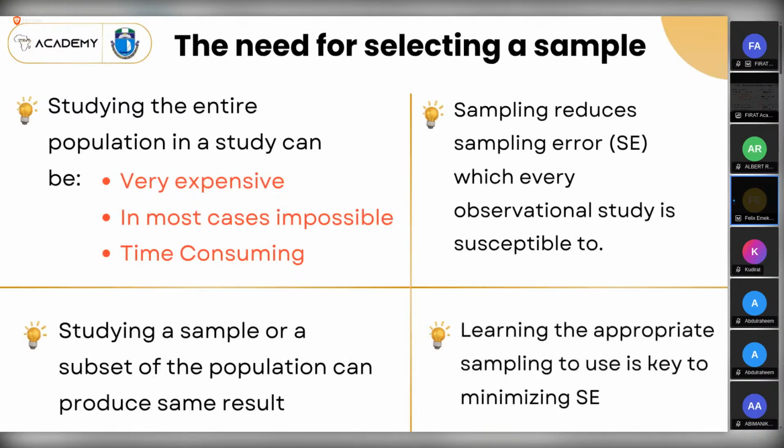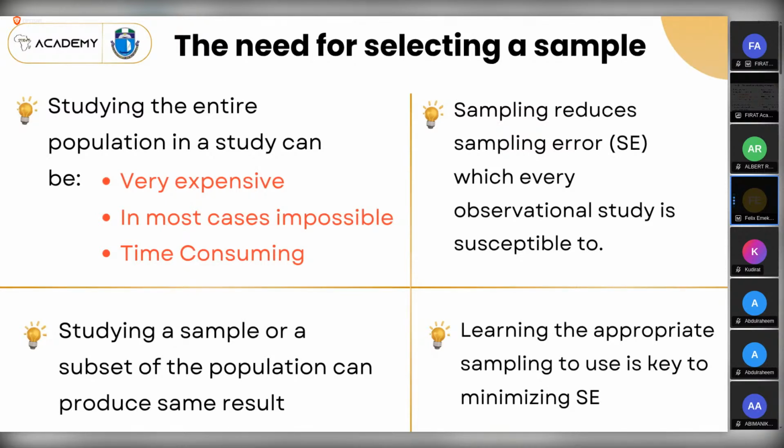So, the need for selecting a sample. One thing I would say is it's a huge guesstimate for you to have a population of, let's say, 5,000. Like in my institution, the University of Port Harcourt, we have over 4,000 students. And you want to do a research amongst the 4,000 students. Most times you may take a sample of 200,